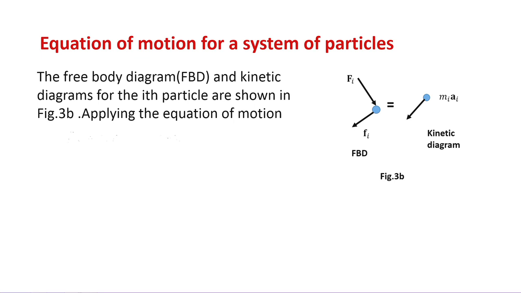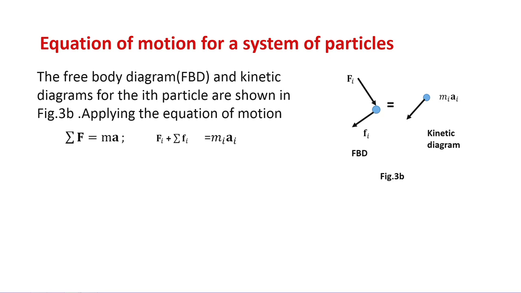Applying the equation of motion, summation of F equals ma, that means the external force capital Fi plus the summation of the internal forces small fi experienced by the ith particle